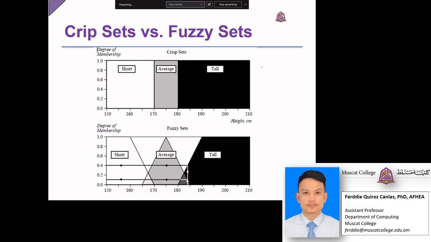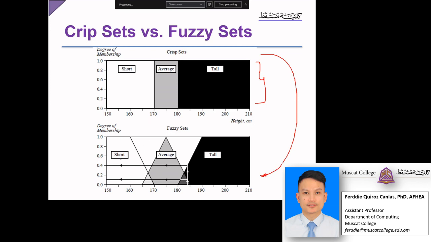This is our crisp inputs. So we said that any height that falls from 150 to 170 is short. Any height from 170 to 180, we call them average. And then from 180 to 210, we call them tall. So these are our crisp inputs. And these crisp inputs now, we will convert them, or we will put them into our